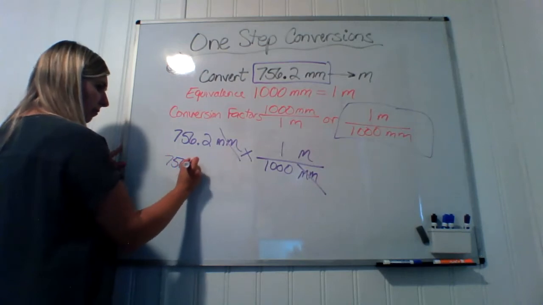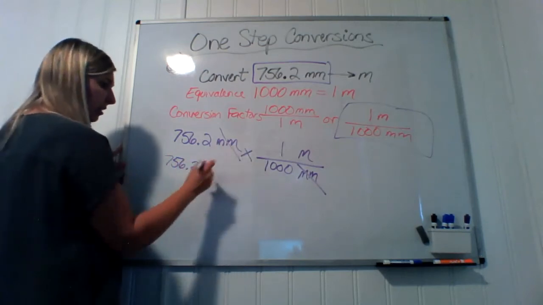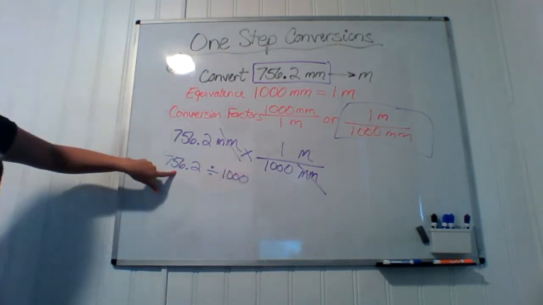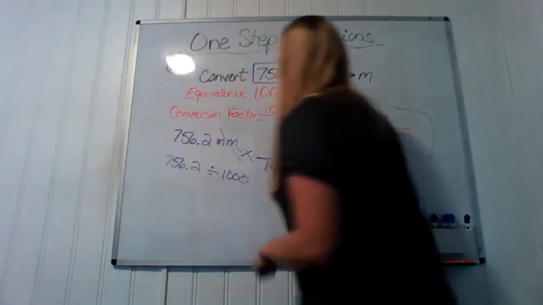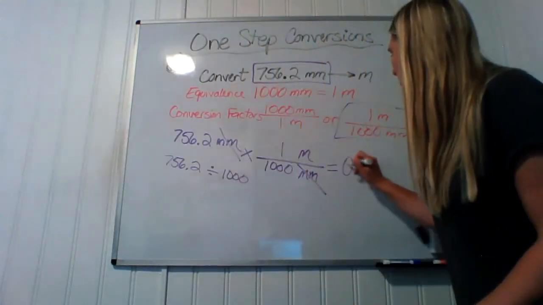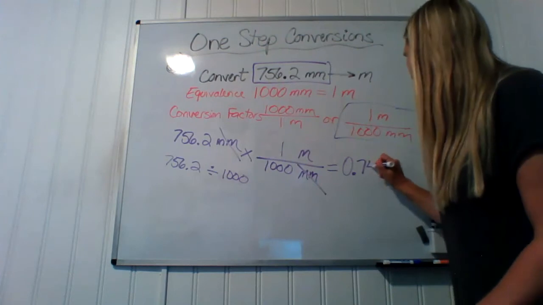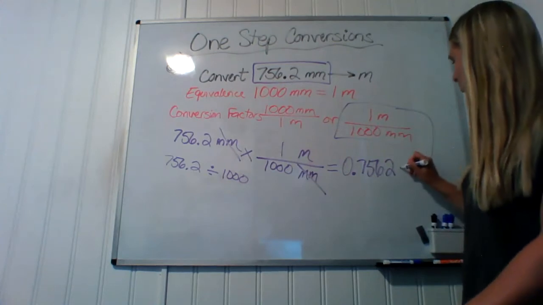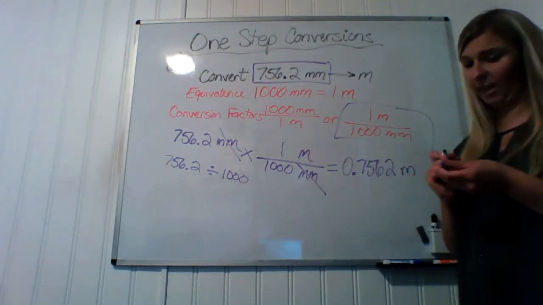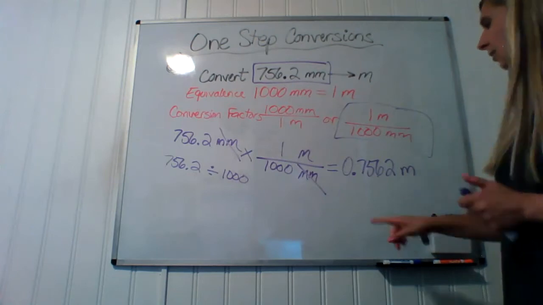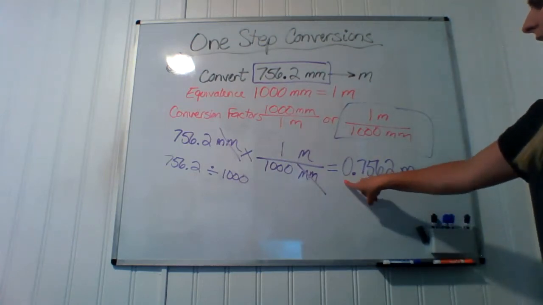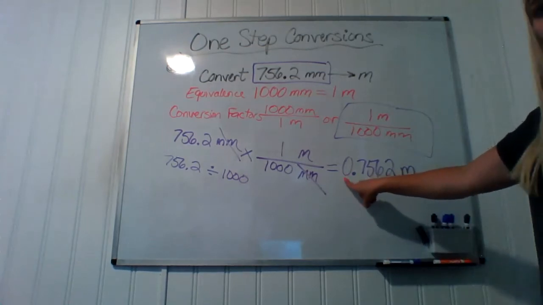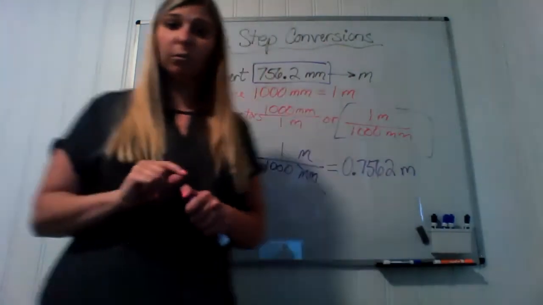Okay, so then now when we do the math here, we're going to do 756.2 times 1 divided by 1,000. When we divide this value by 1,000, your calculator would tell you 0.7562, and then the units would now be meters. Okay, so you will notice here that I've written a 0 in front of the decimal place here. Is this 0 significant? Following our significant figure rules,